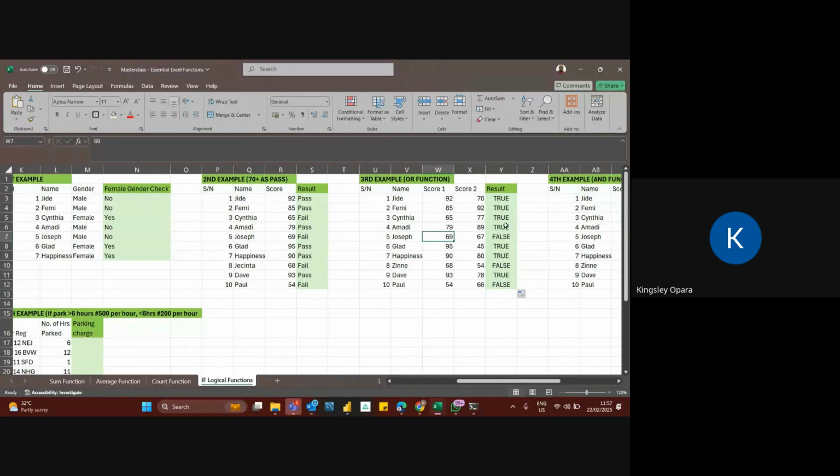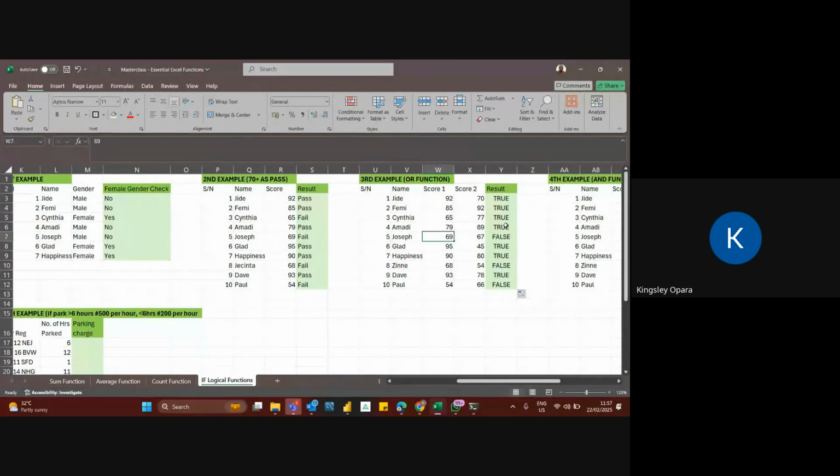But if you are using the OR on its own, you are not at liberty to request Excel to return a certain value. It will give you a default response, which is true or false. Are you with me now? So that is for the OR.